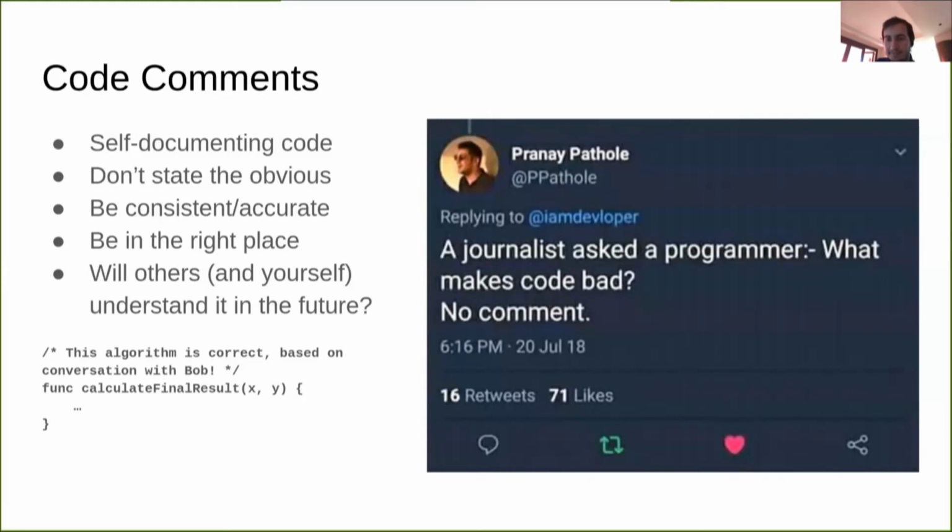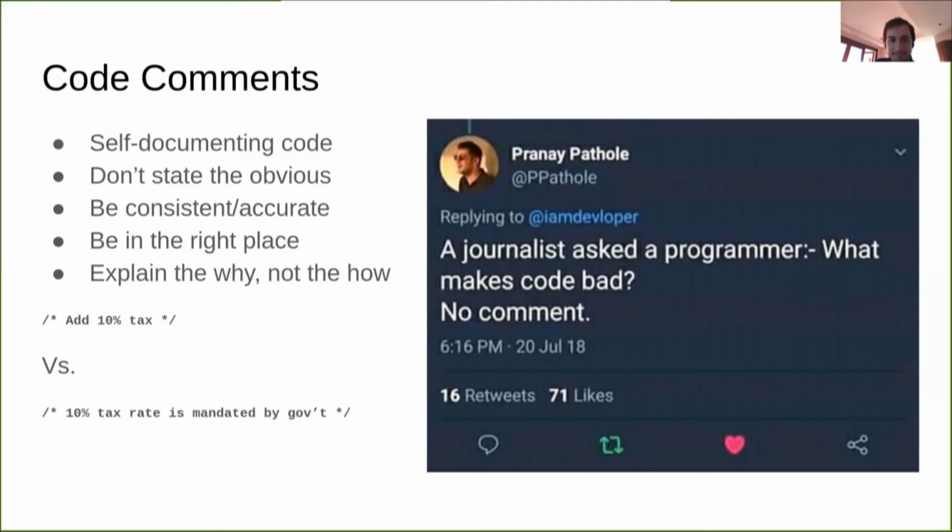This comment is based on an actual comment I remember from several years ago, where my colleague wrote code, and his comment was, "Don't change this code unless you really know what's going on. I spent several hours working out this logic." And all that comment really served to do was scare me from touching the code. It didn't explain that the logic was correct. I would rather see unit tests that prove the logic is correct, so if I change something, I know that it's working. But it also didn't point to his proof. If he had written a document explaining what he did, he could have put a link to that document in that comment rather than just saying, "Don't touch it, I know what I'm doing."